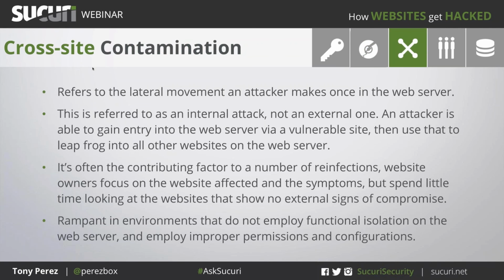Now take that, reduce that, and focus specifically on the web environment or the web server, right? So I penetrate your shared account. You have 100 different websites within that account. I can now laterally move across those environments. And maybe they're all on the same platform, but maybe you have multiple different platforms. So maybe you have a WordPress install for your blog and another WordPress install for your main site, but maybe you have a store and you're using Magento, or maybe you're using WooCommerce, whatever the case is.